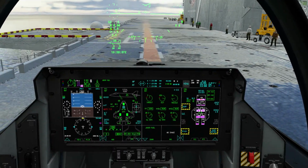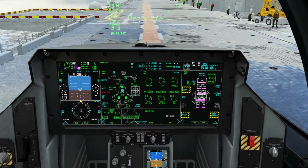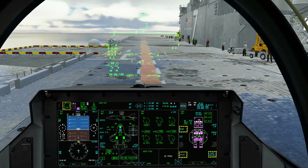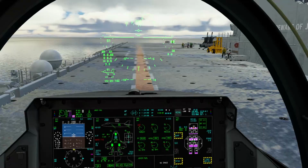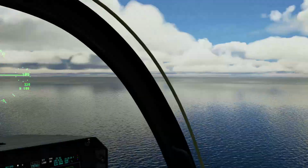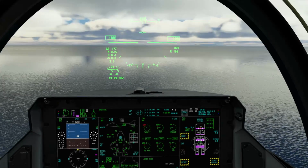Okay, so we're going to see how it goes taking off from the deck of the Tripoli. So yeah, I'm in the STOVL mode, ready to go. Brakes are on, and throttling up. Let go the brakes, and we're up. Lovely stuff. Got support UH-60 out there to the right. So yeah, that seems to be quite a nice little platform to